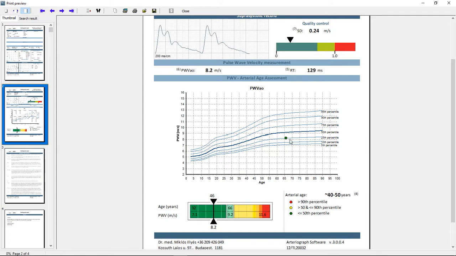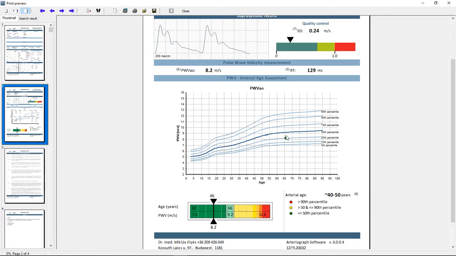Thus, we can conclude that this patient's aortic pulse velocity was falling into the 46-year-old category,